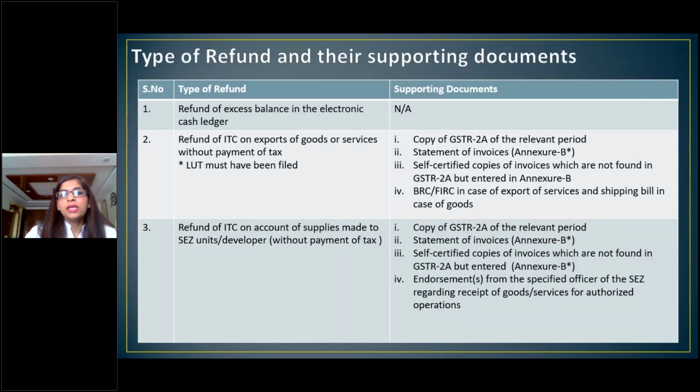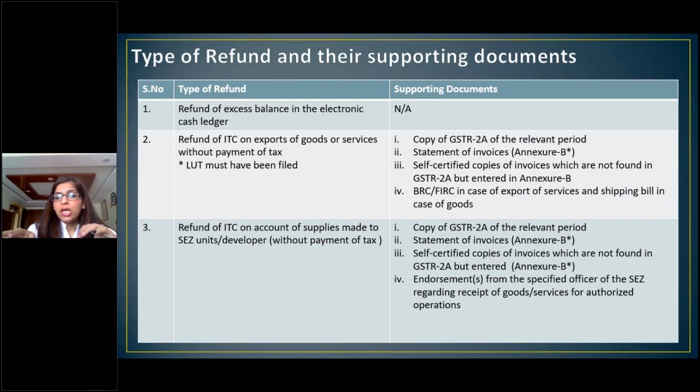Now, this is the list of documents you are required to submit in case of refunds. When the GST law initially came, I think this refund portal became active in January 2018 only. For the initial 6 months, the refund portal was not active. And initially, you had to first file your refund application online and then physically submit all the documents to the department. Now for the last 1 year, everything is online. You don't need to submit anything physically to the department. So whatever documents I'm going to tell you, you need to prepare a copy, signed, stamped, everything, scan it and then